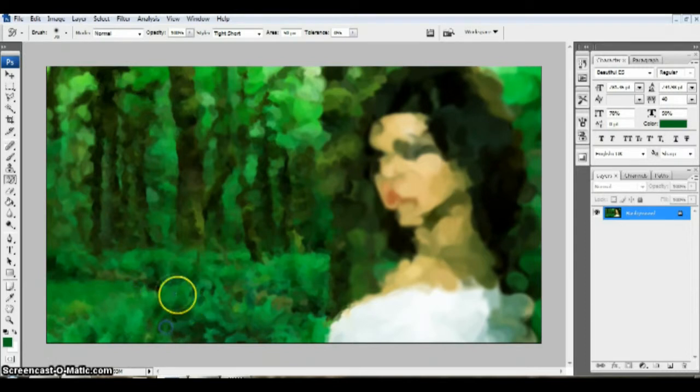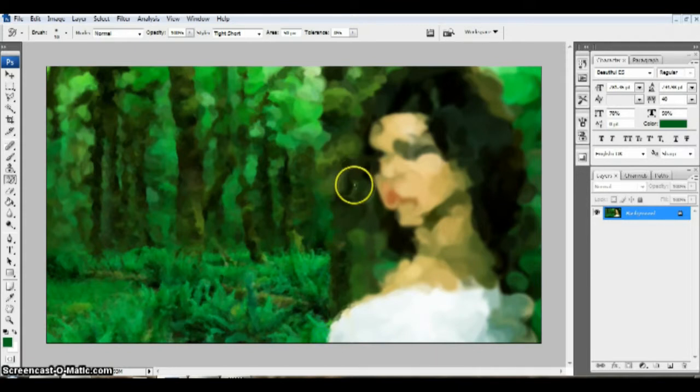But I think we can go further, so I'm going to decrease the brush size to almost 10 now. Yeah, this will do. This is looking great.